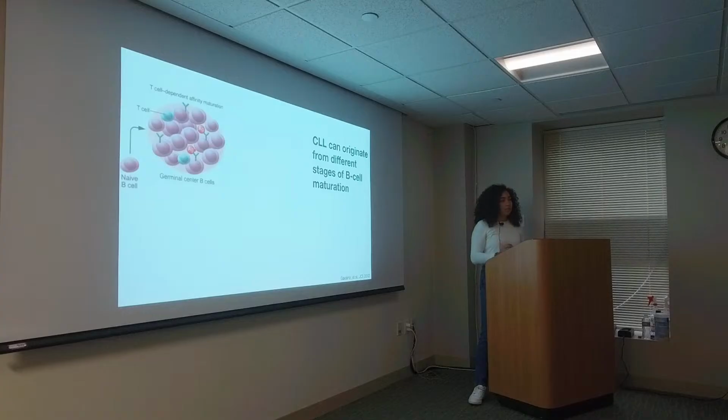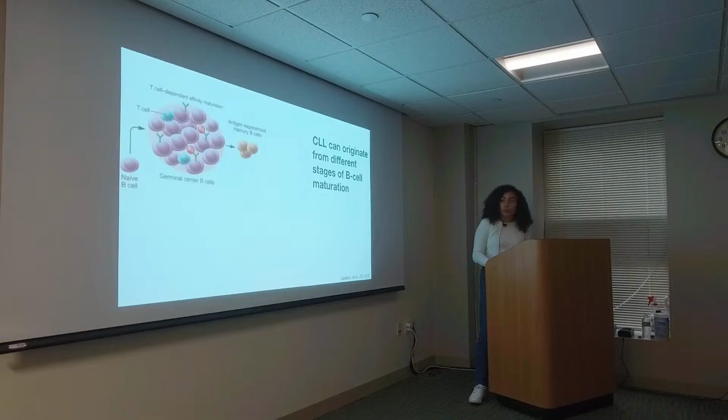then they're activated with the help of other cells called T cells. These T cells further help the B cells to mature and mutate their BCR to start producing antibodies that are much higher affinity and to kill the pathogen in a much more efficient way. So with this T cell activation, you give rise to an antigen-experienced memory B cell. These B cells are fully differentiated, they're long-lived, and they're the ones that keep the memory in our bodies from